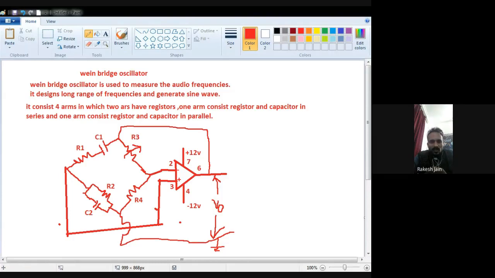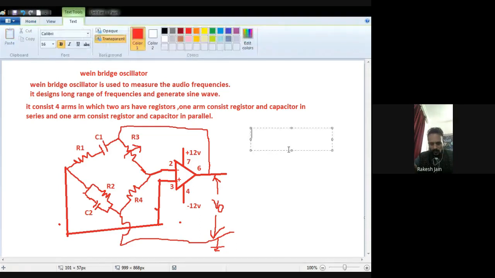After the connection of this series combination of resistor R1 and capacitor C1 and the parallel resistor and capacitor, that is R2 C2, they will be connected with the non-inverting pin of the operational amplifier, that is the third pin. And for the feedback, we connected the series resistor and capacitor R1 C1 arm with the R3 arm and connected with the output. The output will be taken in between ground and the 6th pin. So now see the design.